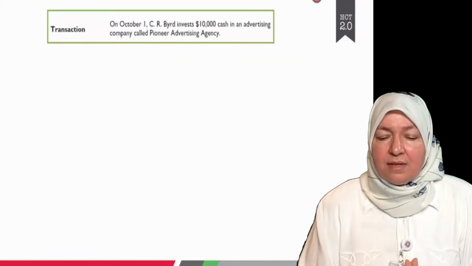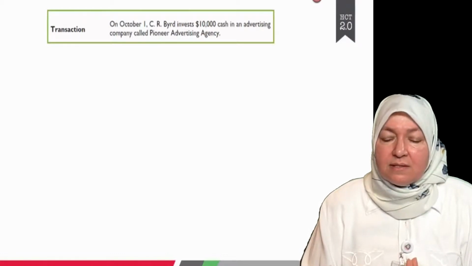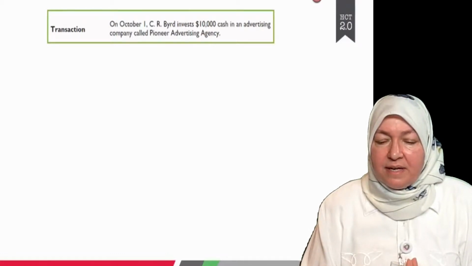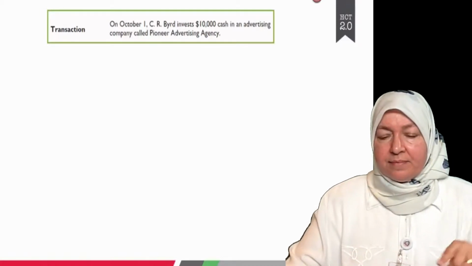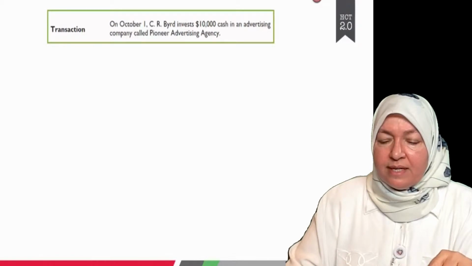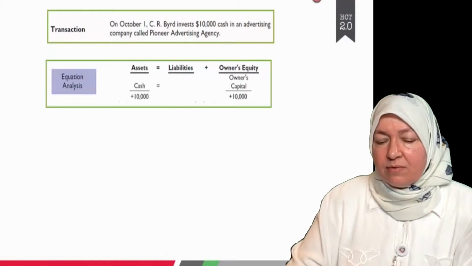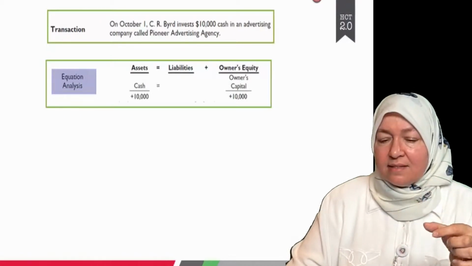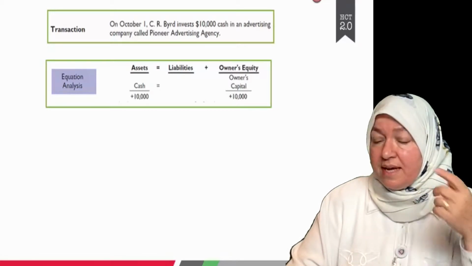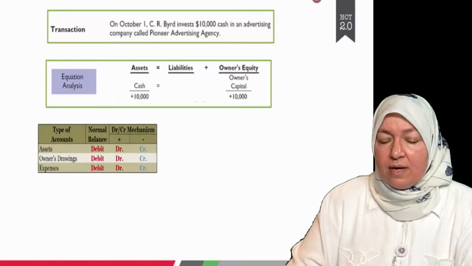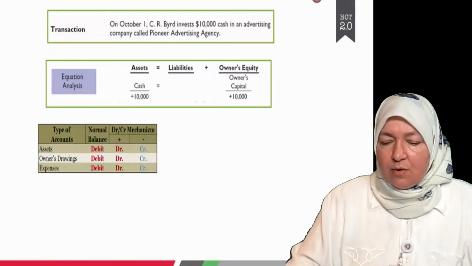Let's take the transaction on October 1st. We have Arbird invest 10,000 cash in an advertising company called Pioneer Advertising Agency. So here the owner is investing in the business, and we have cash. According to the basic accounting equation, cash is an asset, and investment in the business is capital, and it's increasing owner's equity. So if we put in our mind the way of thinking of the matrix, we'll start first